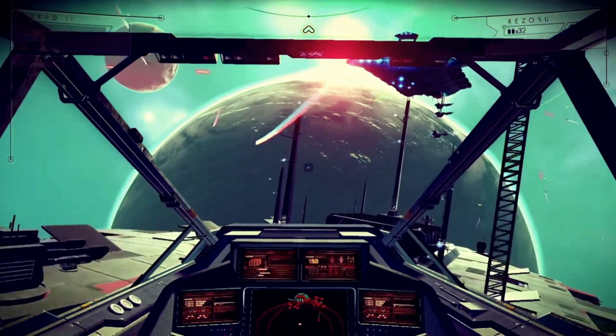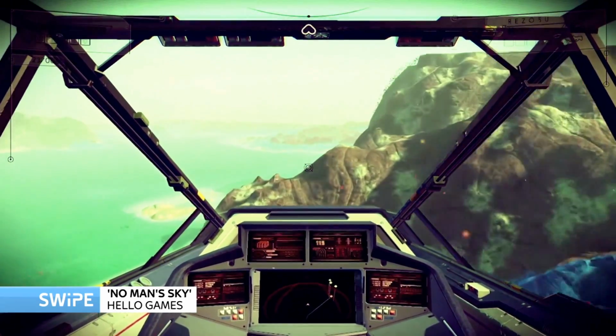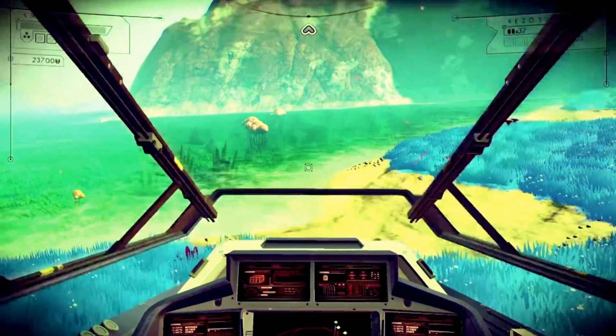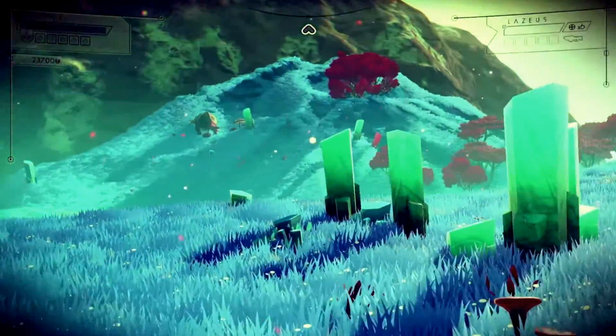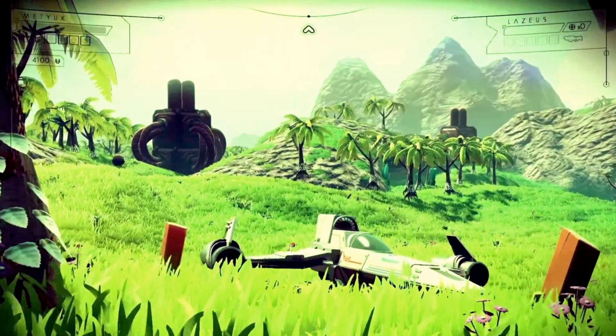A few things before. No Man's Sky is an action-adventure survival game in which you explore a procedurally generated universe consisting of over 18 quintillion planets. The game is based on four pillars. One is exploration, then there's survival, combat, and trading. The aim is to get to the centre of this universe. So to do so, you land on planets, you explore, discover new wildlife, you mine resources, and then you trade all of this to earn currency. With that currency, you upgrade your ship, and then that makes it easier to get to the centre of the